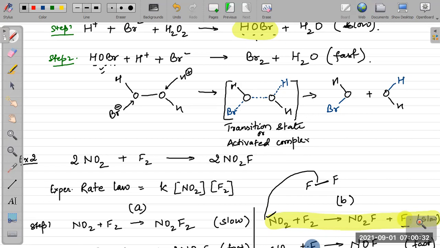ओके. ये transition state जो होता है ये बहुत short lived होता है, इसकी analysis नहीं कर सकते हम, ठीक है। But इसके regarding cases हम लोग इस side में जो intermediate form होते हैं उसके basis पर हम लोग कर पाते हैं। मतलब यहाँ पर जो form हो रहा है intermediate या product, उसके basis पर हम transition state या activated complex जो होता है उसका हम analysis कर पाते हैं कि what it might be, ठीक है।